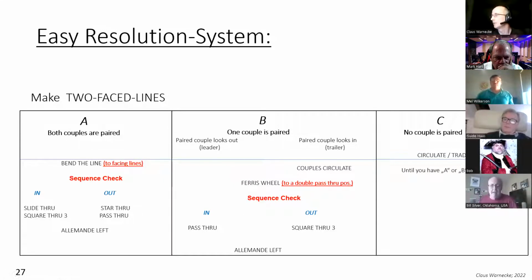I think that is the most common resolution system starting calling. It's the basis of most of the resolution systems. Yes, but